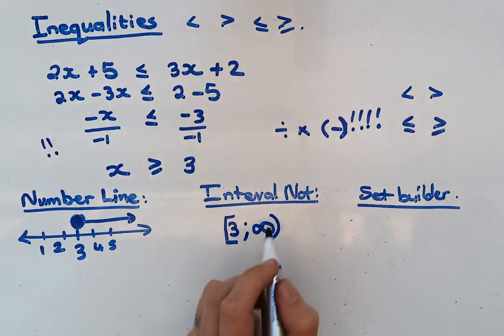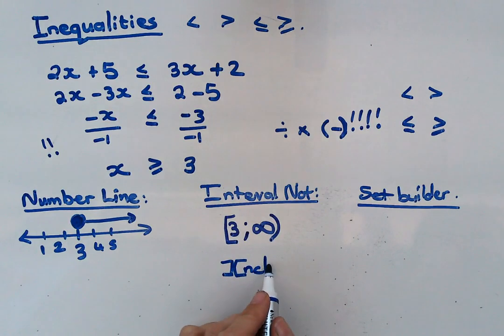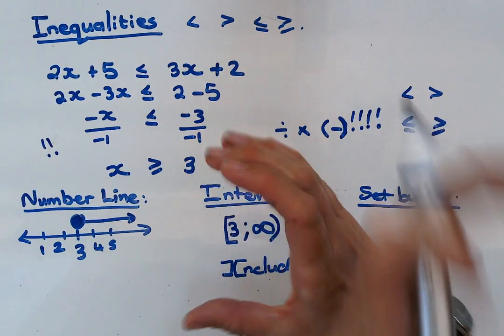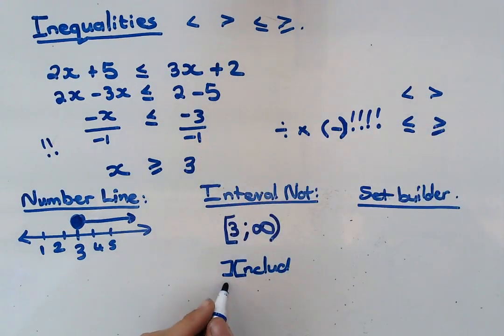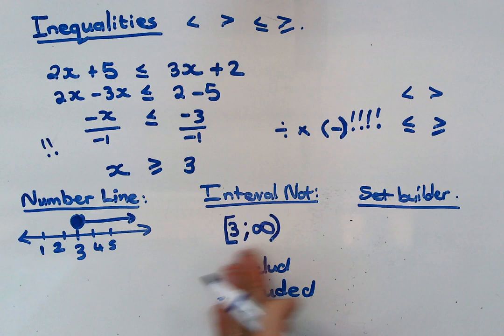You can't include or contain infinity signs, right? So I remember the block brackets are for included, because if you write them that side, it looks like an I, and the round brackets look like excluded. Right, excluded. So the block brackets mean the number is included in the set,